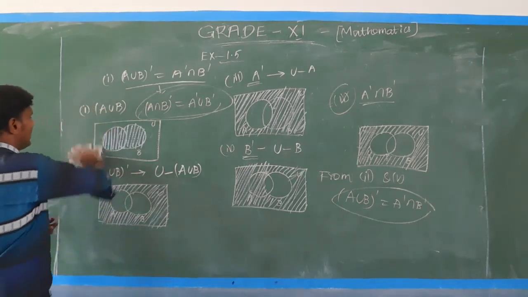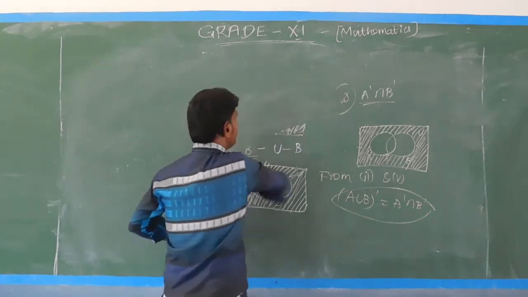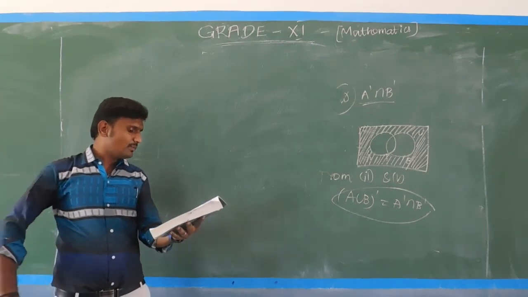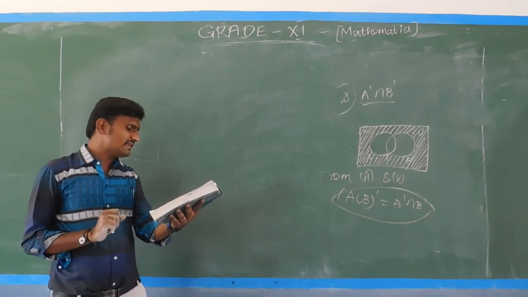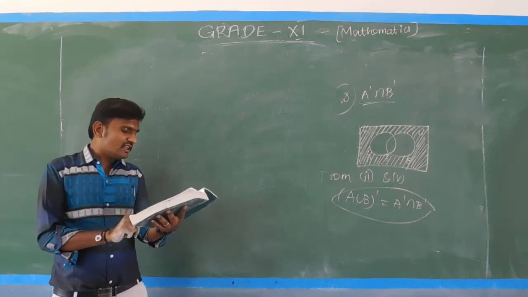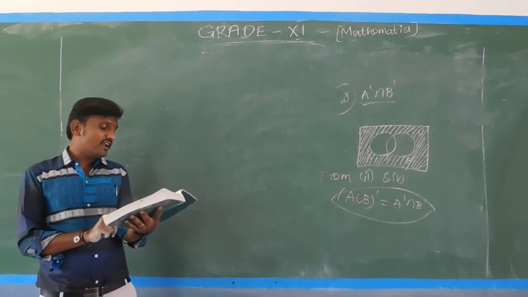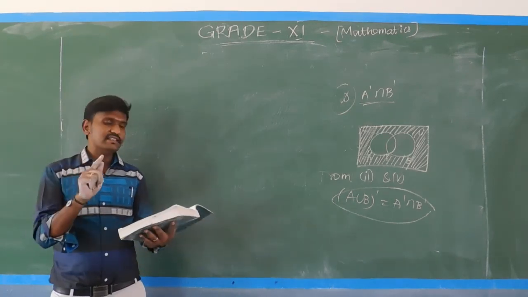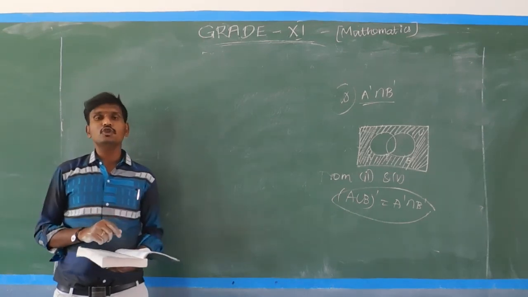Okay, students, that is enough for today. Now I am giving you the homework for this exercise. Almost all the questions for exercise 1.5 are complete. The sixth question is different from the above questions. U is the set of all triangles in a plane, and A is the set of all triangles with at least one angle different from 60 degrees. Now what is A dash? U is the set of all triangles, and A is the set where one angle should be 60 degrees.